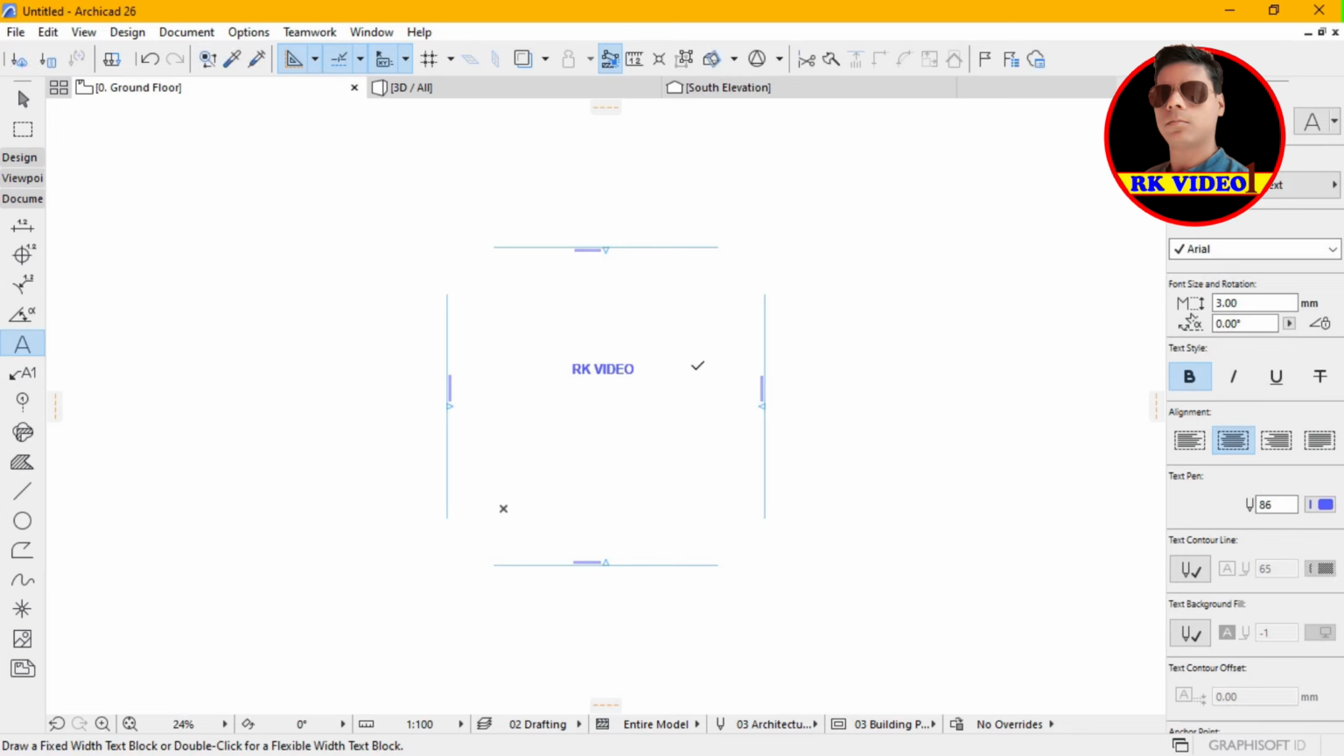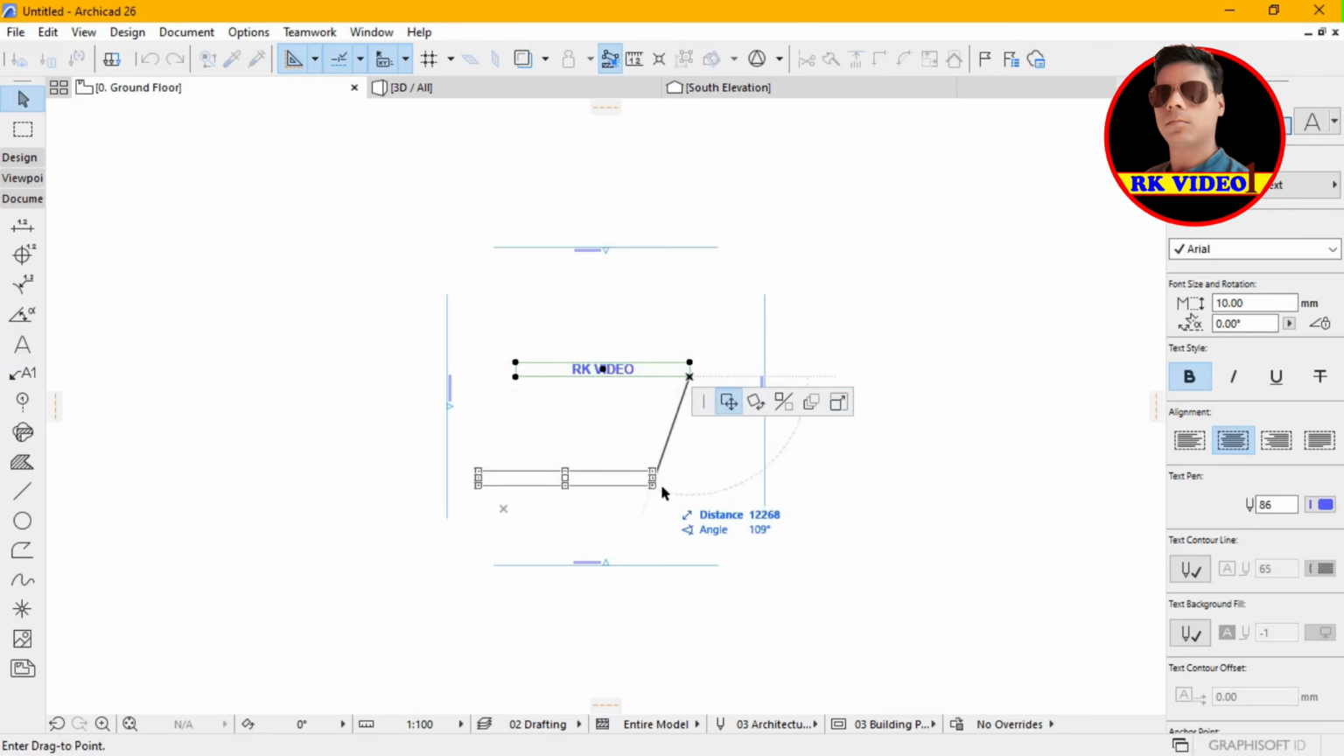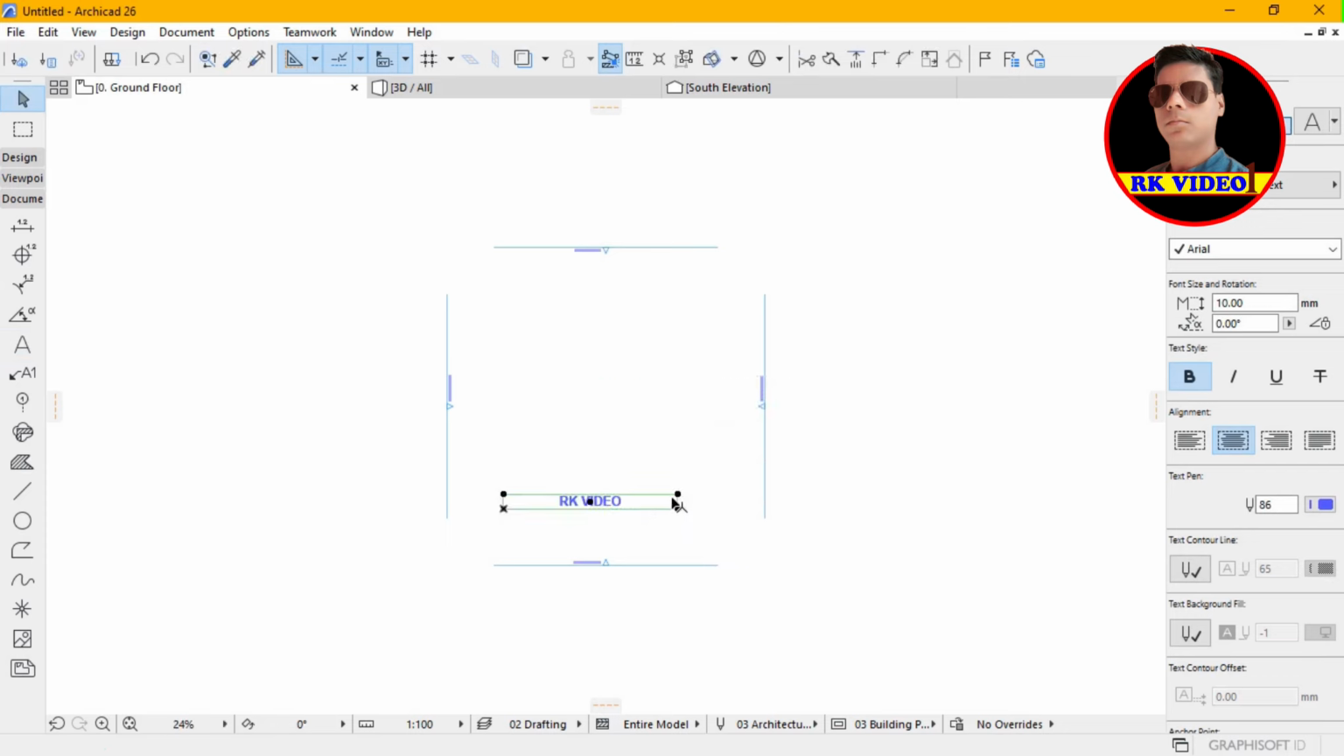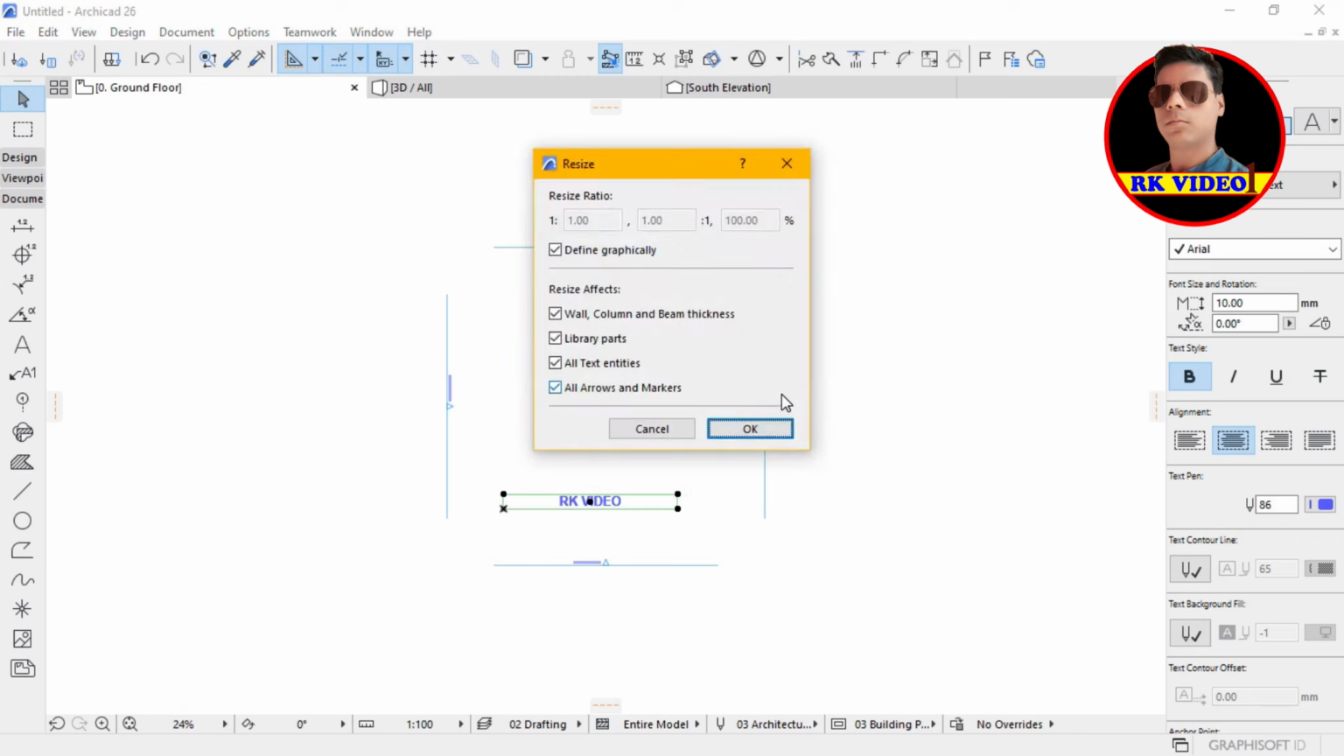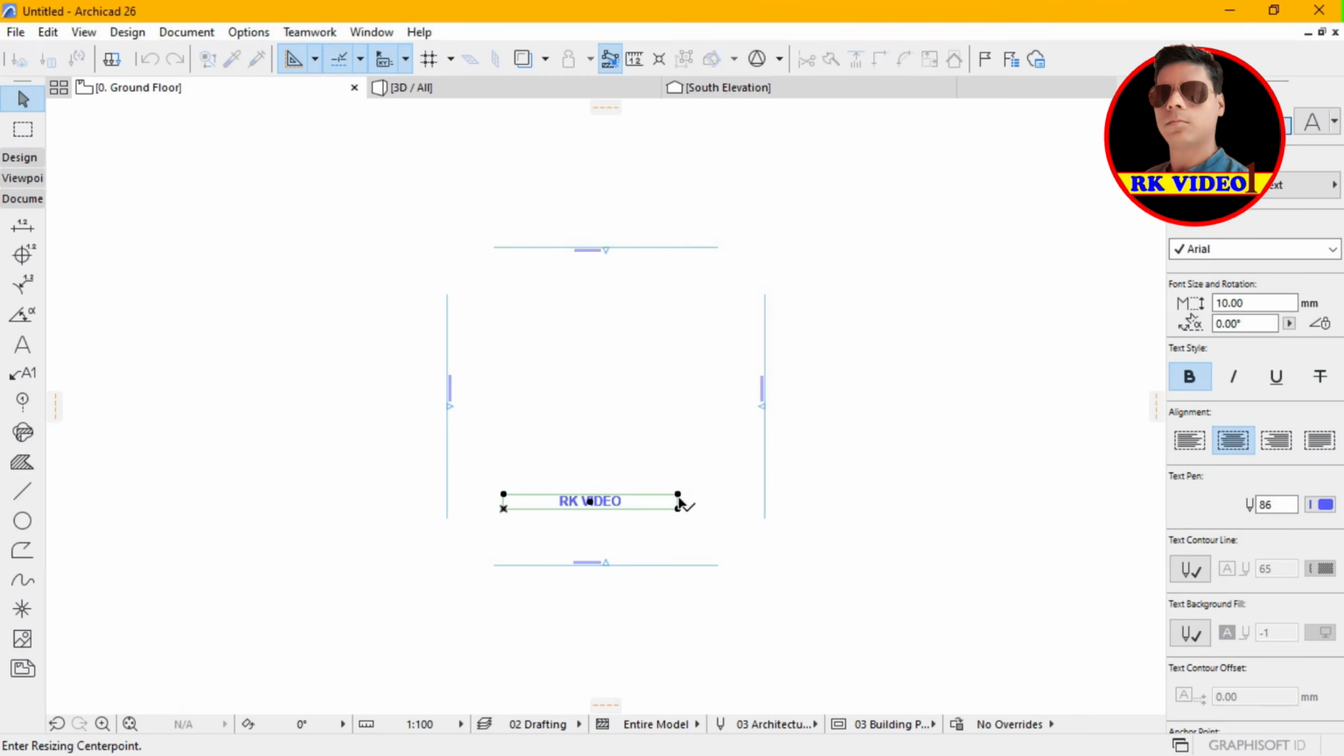You can see that, and also I scale it. Here first of all, here take control K, resize, and also again